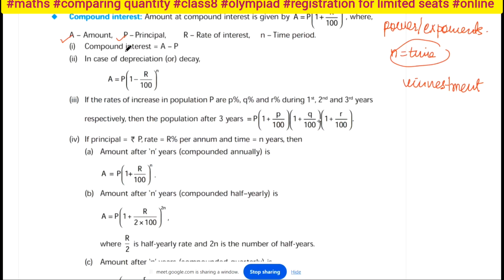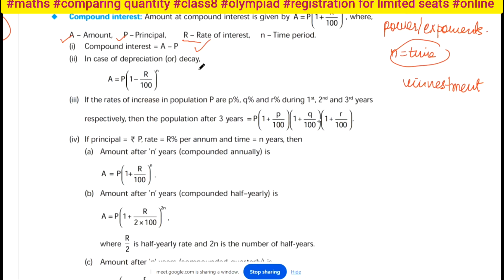Now rate is this: suppose I give some money to you and it is for 2 years. So 2 years is a long duration of time, right? In that time some amount of money I am not able to use, although it is kept with yourself. So for that time I should gain something, no? I have at least kept my money, so I should get some profit, right? So the rate is at which we get some more money than the principal amount we have invested. That is called the rate. So compound interest is nothing but amount minus principal.